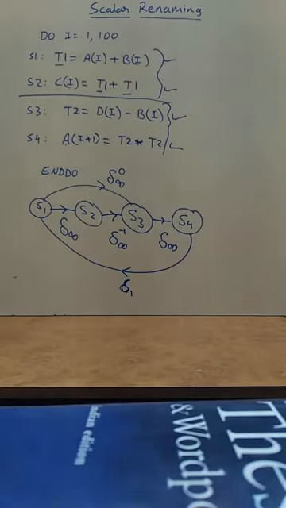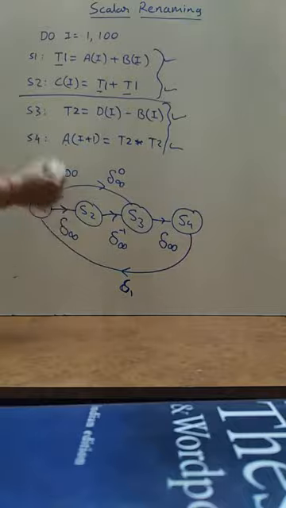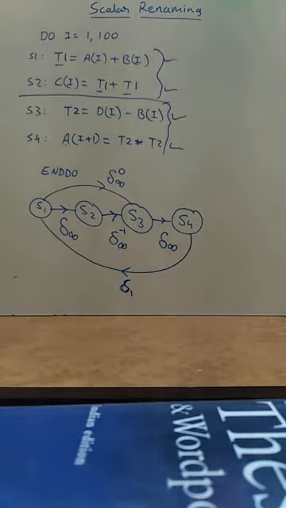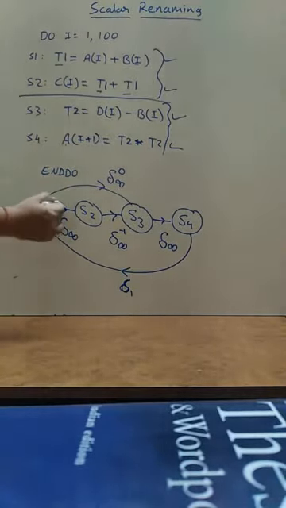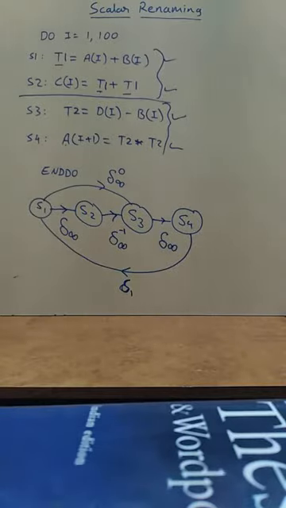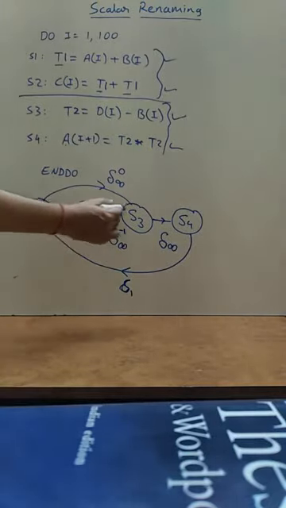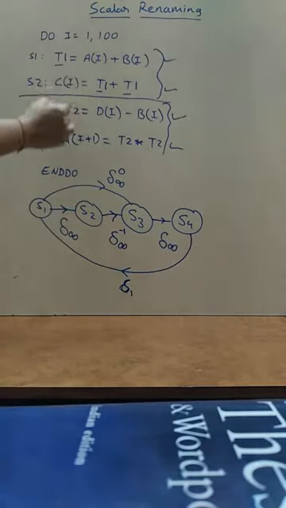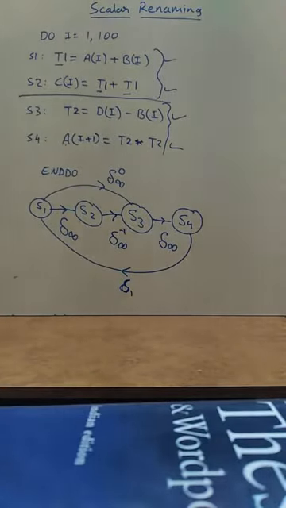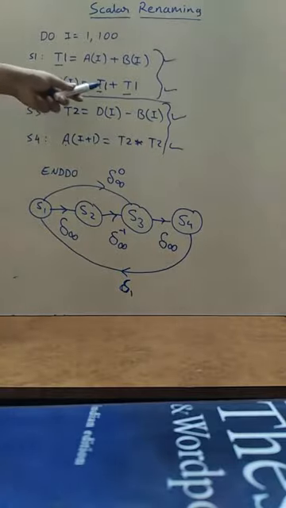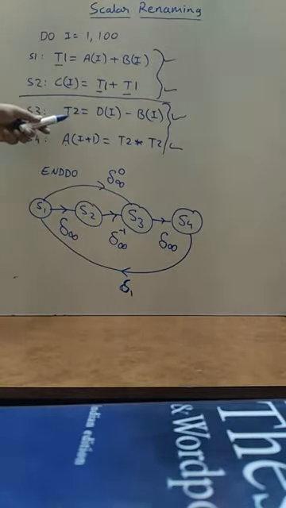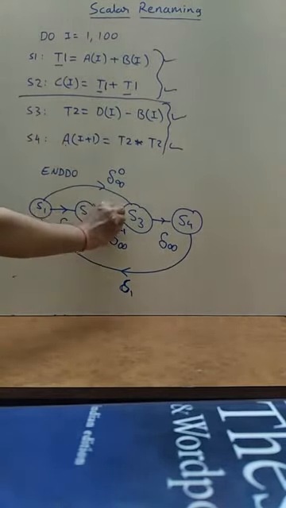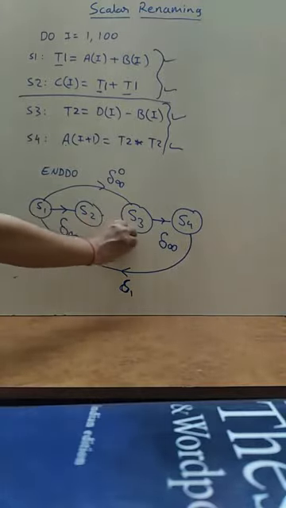Okay, so what change will this dependence diagram have? This dependence will be preserved. There will be dependence from S1 to S2 because of T1. So this will be as it is. Okay, then from S2 to S3, will there be any dependence? No, there will be no dependence from S2 to S3 because S2 uses T1 and S3 defines T2. So this dependence would be removed.